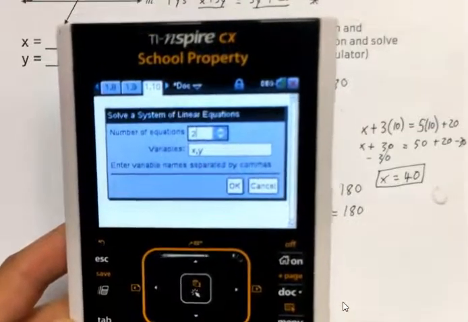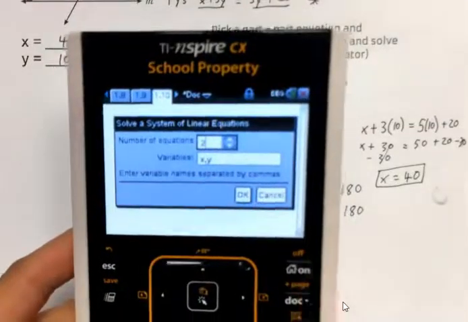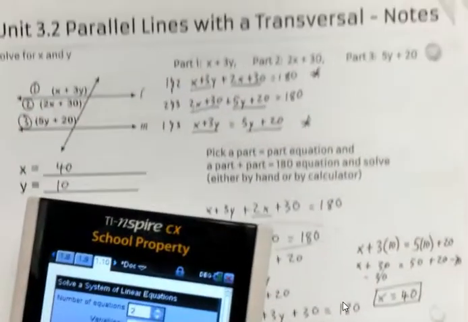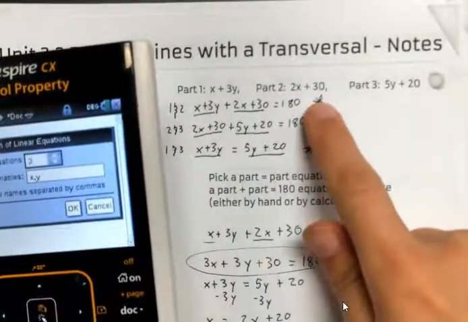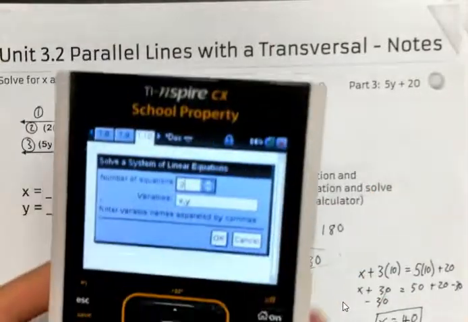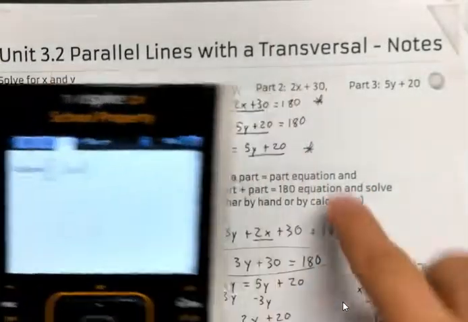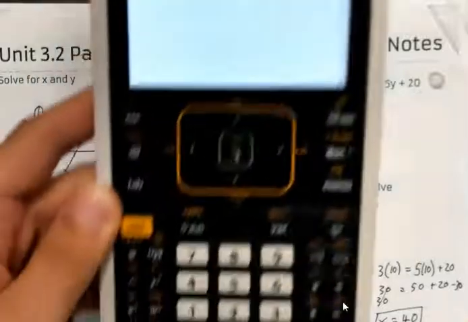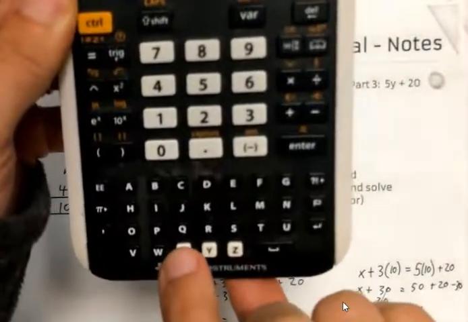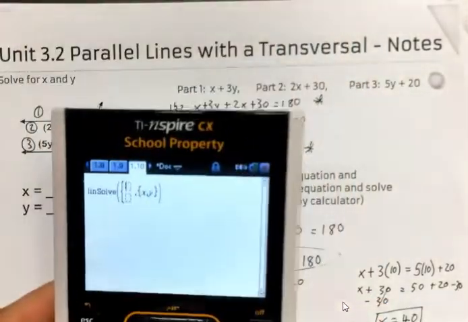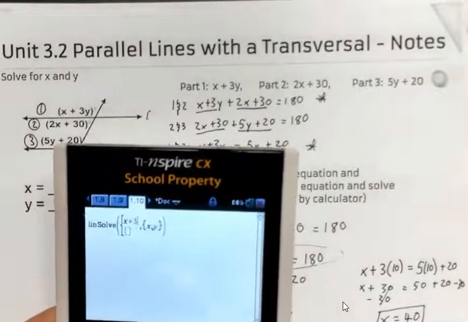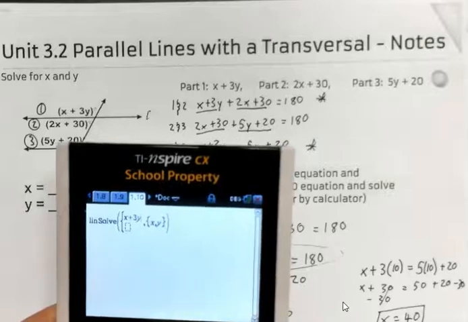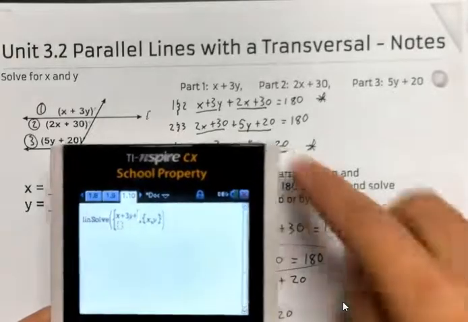And you want to enter 2 equations because we have 2 variables. So again, all the way up here, the 2 equations that we picked, one of them adds up to 180 and the other one is part equals part. So click enter, and we're going to enter these 2 equations. So the x is right here at the bottom, next to is the y. So first equation, we see x plus 3y, enter it exactly like that, plus, we still have more,